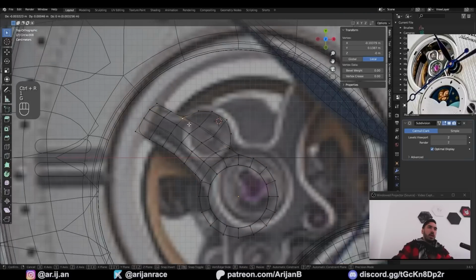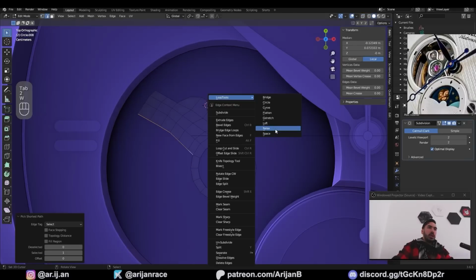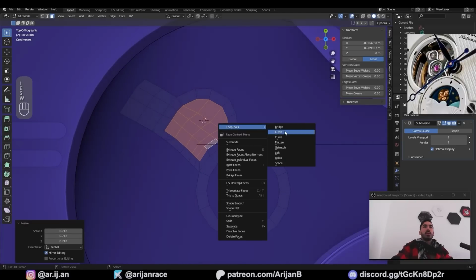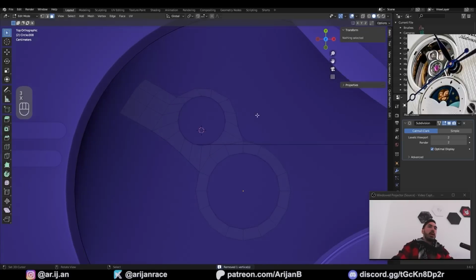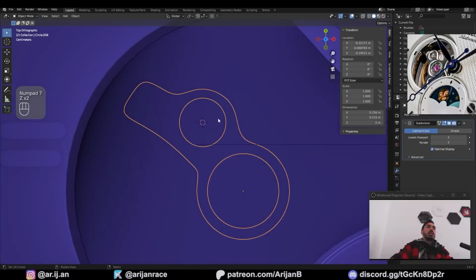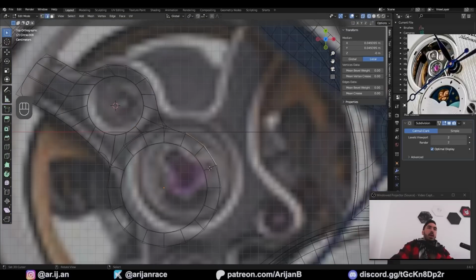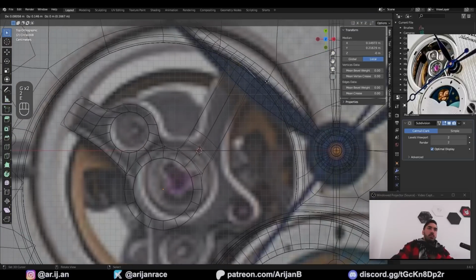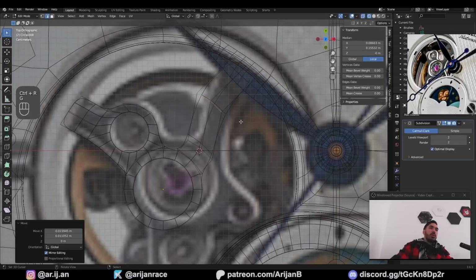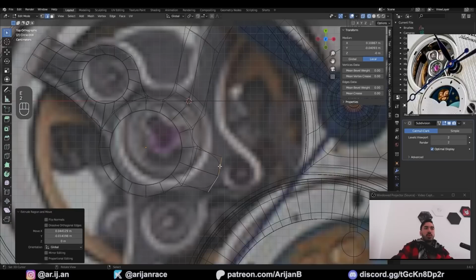Let's do sub D, adjust the vertices a little bit better, relax this, and now we're gonna inset this area, turn it into a circle. I don't really care how the geometry looks here. As long as the outline of this shape is good, I'm happy. Now extrude these 2 edges up here, bring this up to this side, another loop cut over here to reshape it a little bit, extrude some more stuff here in the back, fill this, inset an area over here,